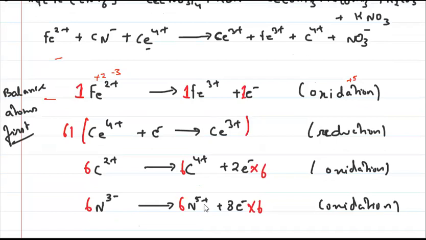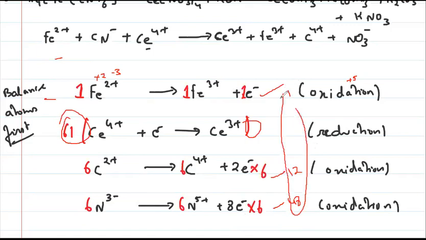Now we will balance the electrons, right? We haven't done this till now. Till now we have just this, this, and this. Now, if you see this, we have 3 oxidation reactions and 1 reduction reaction. So if you see the electrons being lost, 8 into 6, 48. 2 into 6, 12, plus 1. So if you count all the electrons being lost, it will be 61. Right, guys? 61 electrons are being lost. So obviously 61 electrons should be gained.